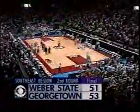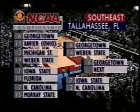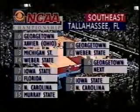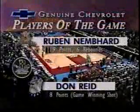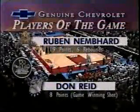Don Reid hits the basket that wins it. He had 8 for the game. And the Georgetown Hoyas advance to the next round. They go to Birmingham as the number 6 seed. Iowa State, North Carolina coming up. Our Chevrolet most valuable players of the game, Ruben Nemhard and Don Reid,